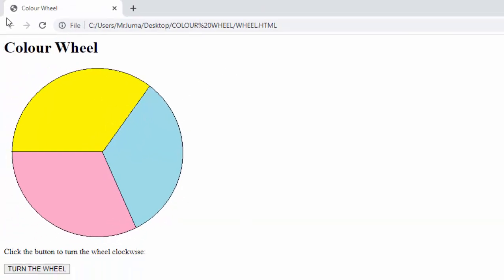and coming now to my web page, I will refresh, and when I click turn the wheel, you can see the wheel now is turning. Yellow is here, now it will come here when I click the button. Yellow is here, it will come here when I click the button, and you can see it is now turning. That is how simple to create a color wheel with a button to turn the wheel